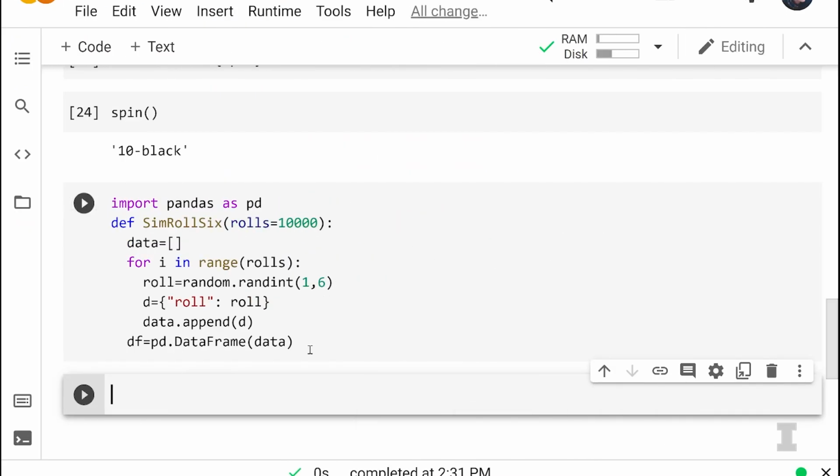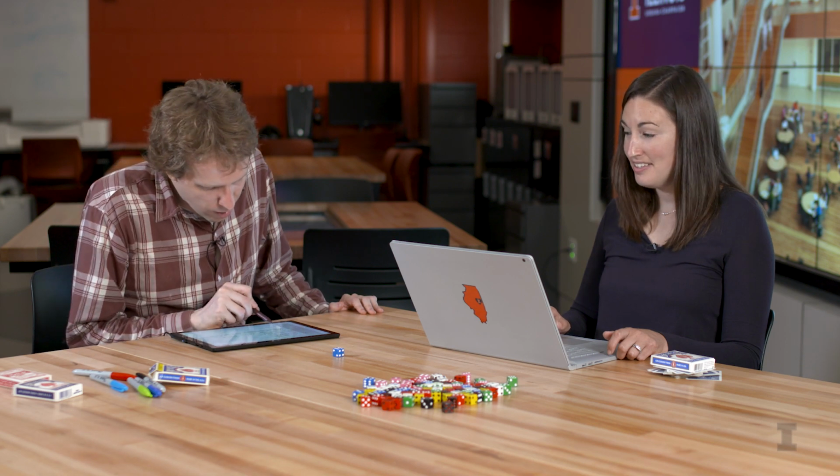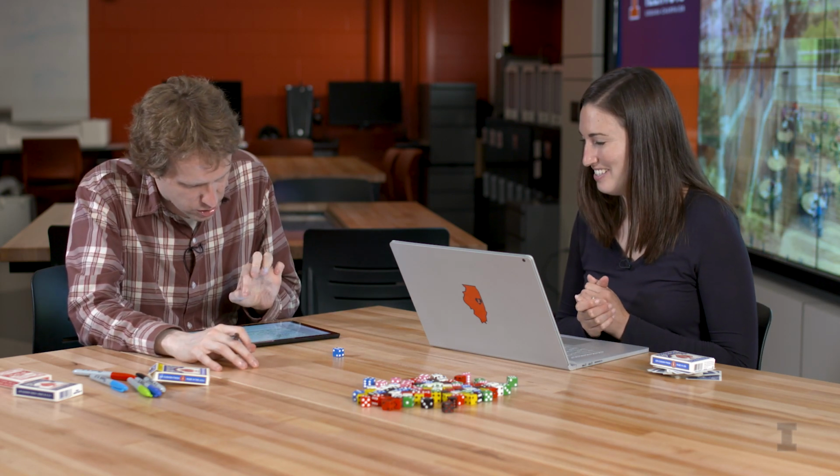So, Carly, did you run this? Did you get any errors? No. So I'm going to look at my data frame really quick. So we're not even going to see a data frame because this returns the length of the data frame. You're right. So what's the expected? So I'm going to just think about purely statistics. Yes. So Carly, using this definition, 10,000 dice rolls, we are counting the number of times we get a 6.